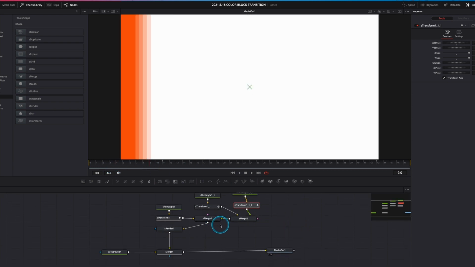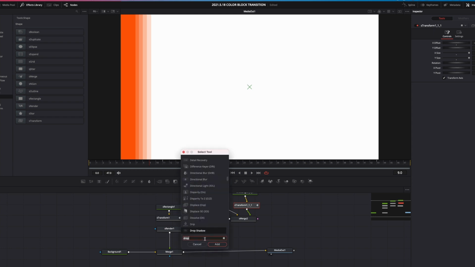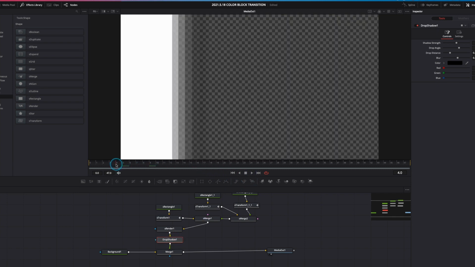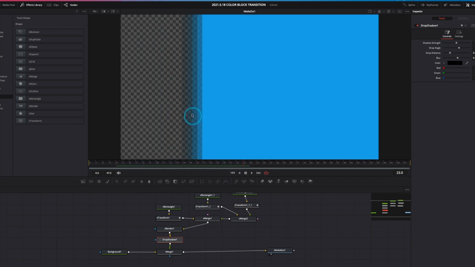Now to add a little more flair to this, I'm gonna come over here and left click, hit spacebar and shift at the same time, type in drop, and we want a drop shadow node and just left click and drag this drop shadow node with shift held down until this turns blue-green and let go. And now we'll have a little drop shadow on the beginning of our white rectangle and the end of the